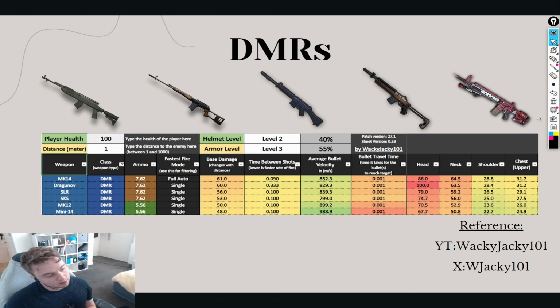But anyway, the Dragunov is a very high damage, high impact gun. The SLR is very consistent, and it's good at lots of ranges. I think the SLR does quite a lot of damage. It's kind of the same tier as the Dragunov. The Mini and the MK have very good bullet speed. Like, they shoot very fast. They're a lot easier to lead because of this bullet speed, and their drop-off is not nearly as bad as